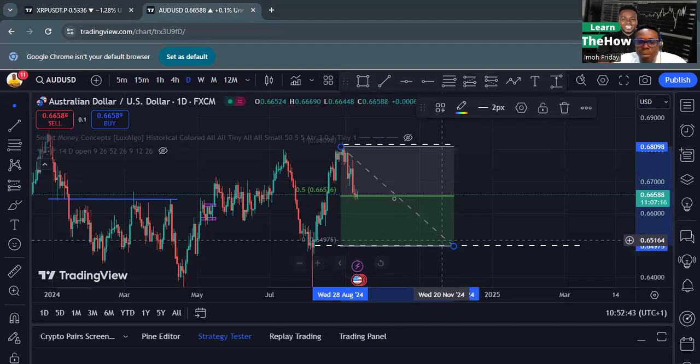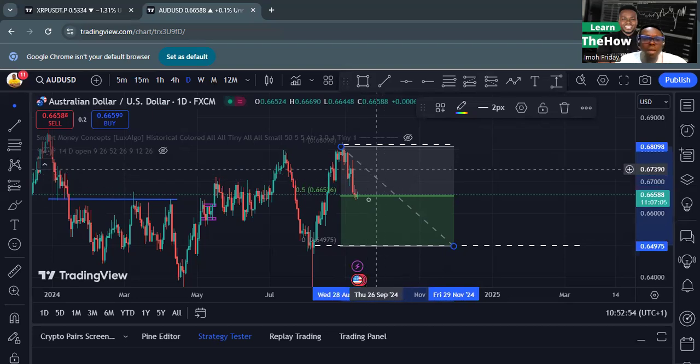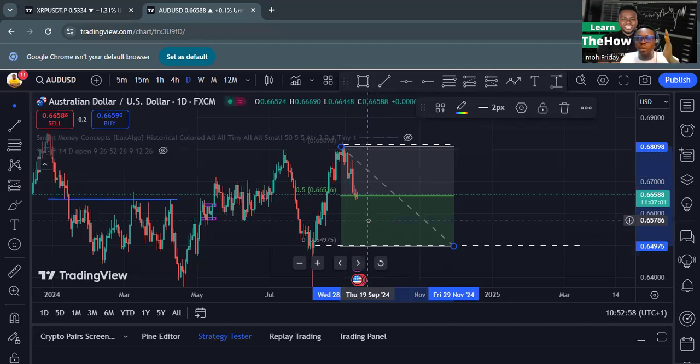Right now, you can enter it, but wait for it to go back up a bit. Once it goes up to this very price, 0.66890, you can enter a sell because you are seeing the discount zone. So with that in mind, let me go to the